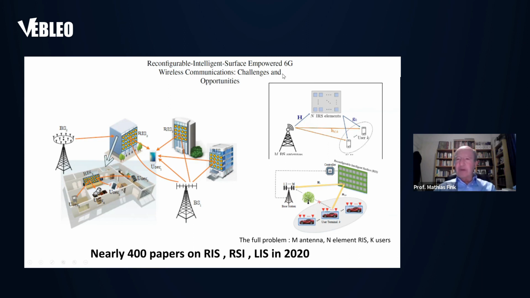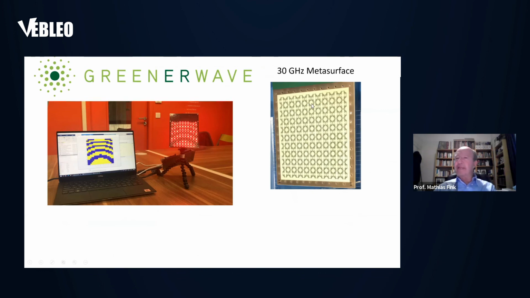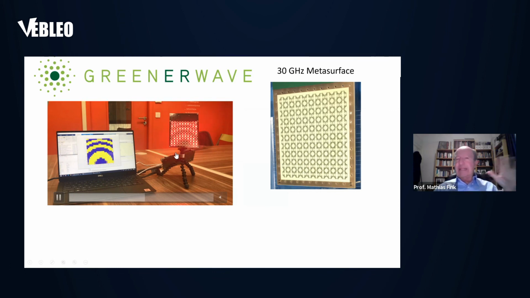Here, for example, this is for 30 gigahertz, this kind of surface that you have. And in fact, the system has two polarizations. It can reflect an electromagnetic wave with phase pi or 0 for the two polarizations. And you can control this completely by changing the configuration of phase. Here it is more like a classical phased array, except you have only one antenna and it is only a mirror. And we can use this technology to also make satellite antennas that can track satellites very easily with many of these elements.